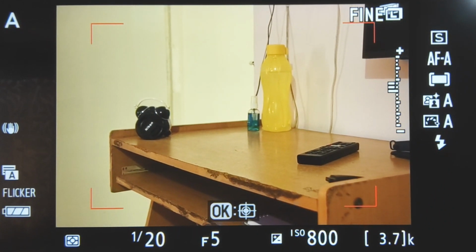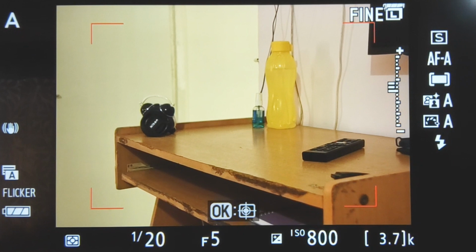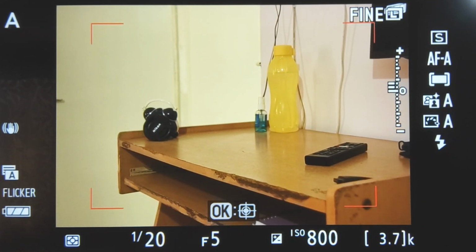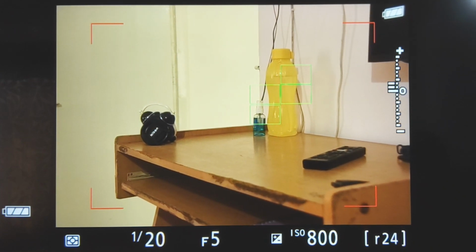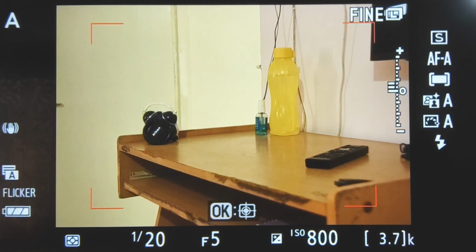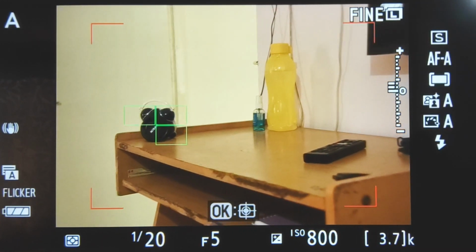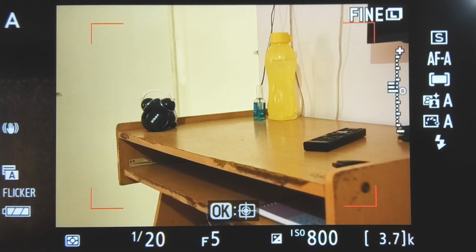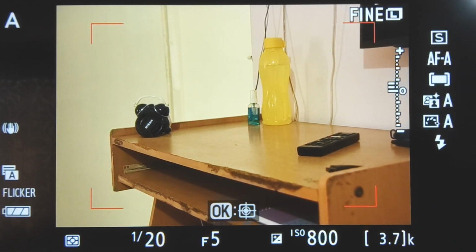There are several objects visible to me in this frame. Let me just press the shutter release button halfway, so it chooses by default some object. It is choosing the bottle which is visible here, right? So every time I move the camera slightly, it will choose some different object. Let us say I would like to focus on the remote control that is lying on the table but is